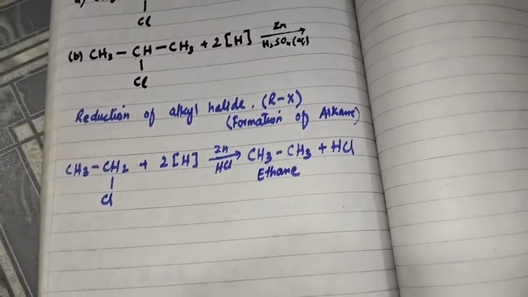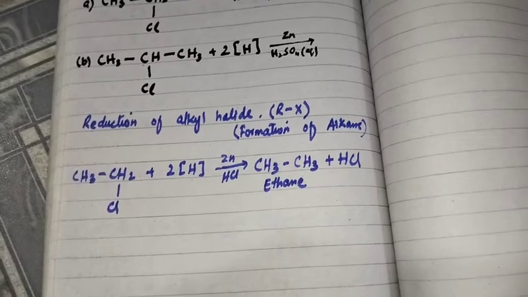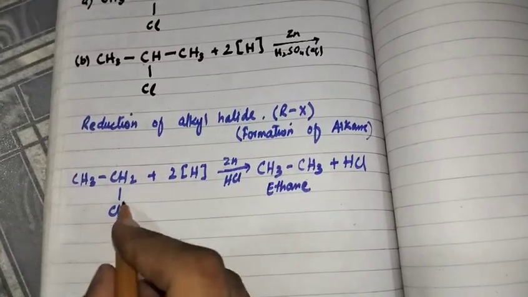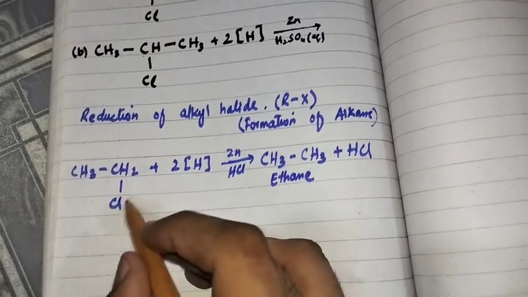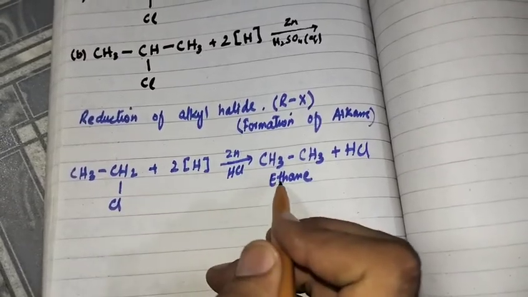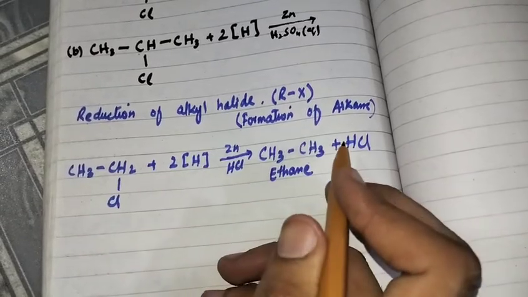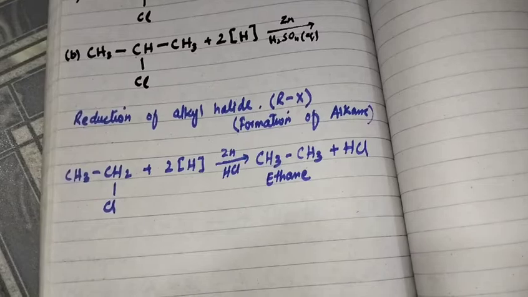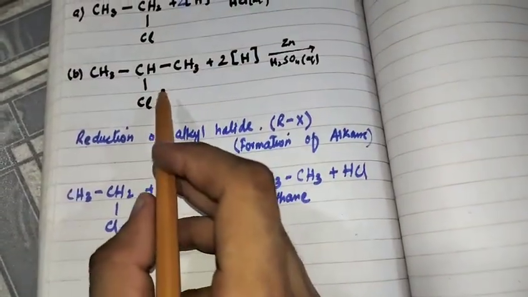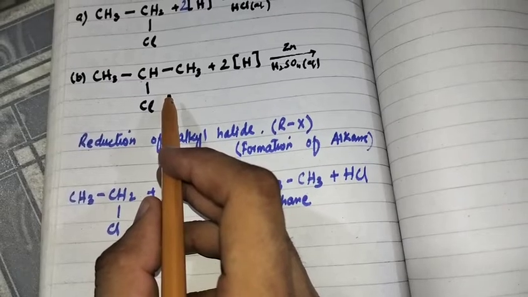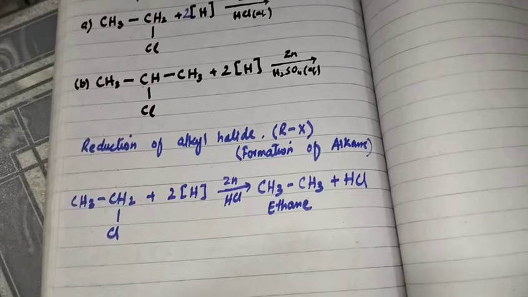So this is the first reaction, which is reduction of alkyl halide, and it is a formation of alkane when ethyl chloride reacted with 2 nascent hydrogen atoms, and the chlorine atom is replaced by a hydrogen atom forming ethane, and chlorine reacts with the second hydrogen atom forming HCl. The second reaction is also reduction of alkyl halide,